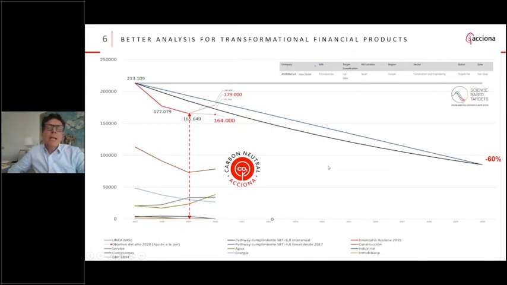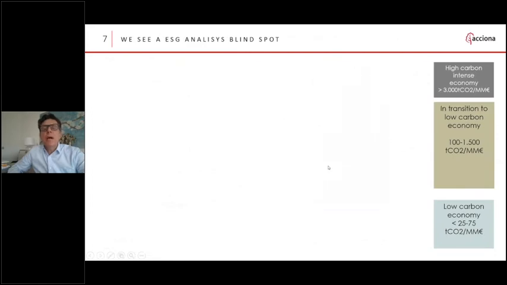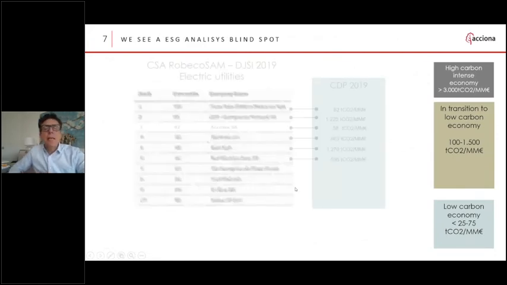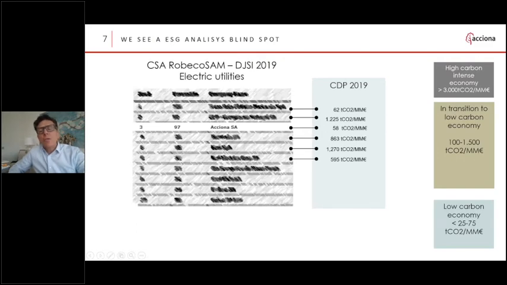With this level of commitment, we go to the Dow Jones Sustainability Index, and we see that in the same sector we are also at the top of the ESG rating assessment, but we are around 60 tons of CO2 per million euros of revenues,